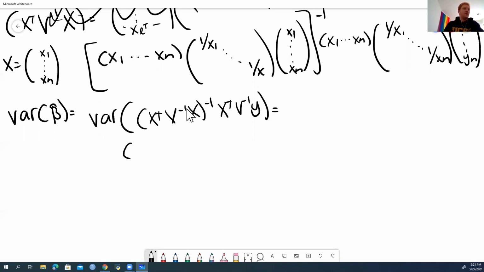Pulling this whole thing out in front, because it is all constant, and the variance of y is just the identity. So then it's just times this inverted, or transposed, which is going to be